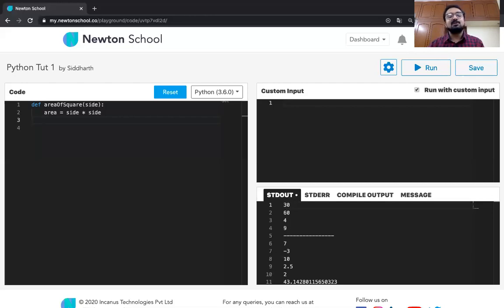To return something, it's very simple. You just write the keyword return and the value that you want to return. In this case, we'll simply write return area, because we want to return the area. When this function is executed and you call return, the function will stop executing. This is a very important thing to remember, and I'll talk about it in detail once again. Let me just show how to execute this function now.